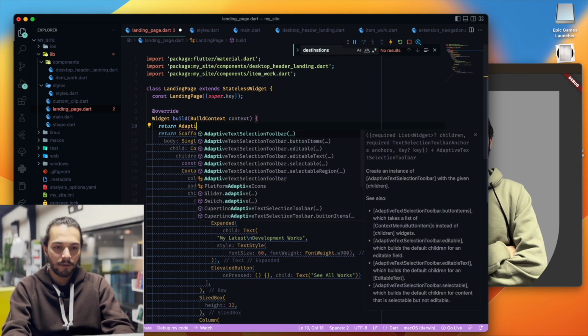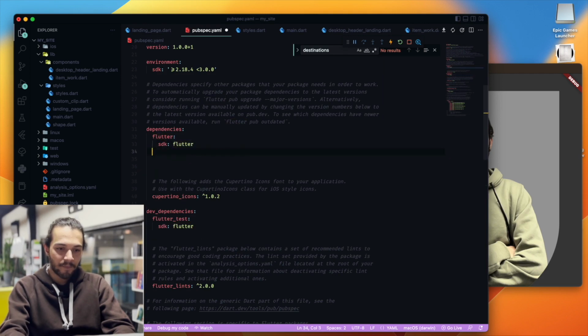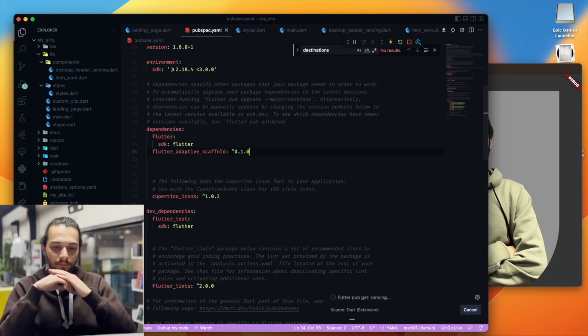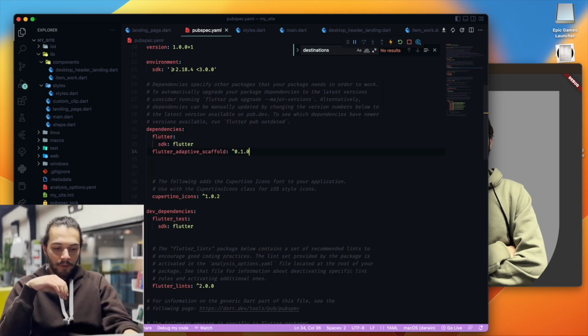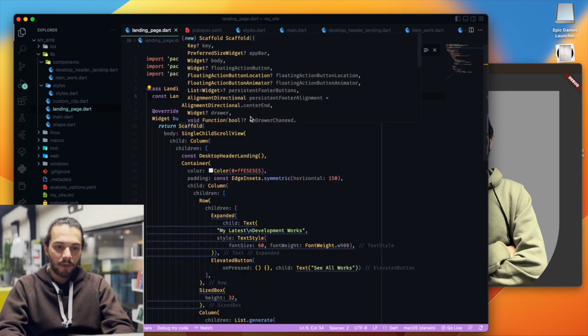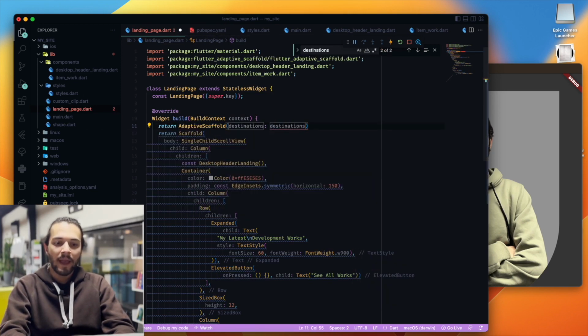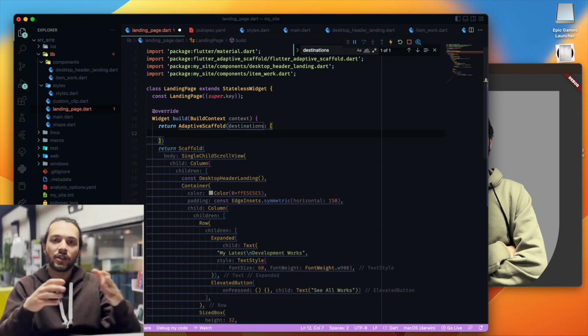Oh, I'm sorry, I added it in dev dependency. We need to add it here. And in the landing page, I can return adaptive scaffold, and I can add my destinations. For example, I have a home page, I have a contact us page, and adaptive scaffold handles this, but